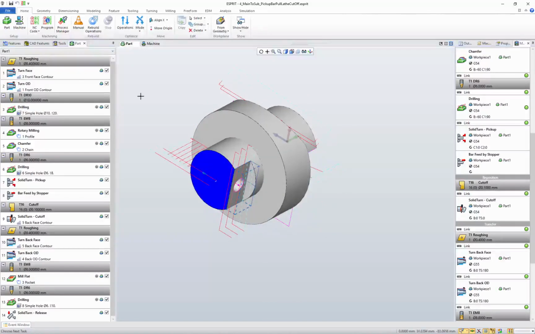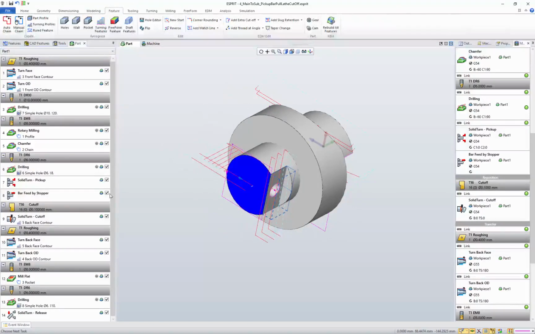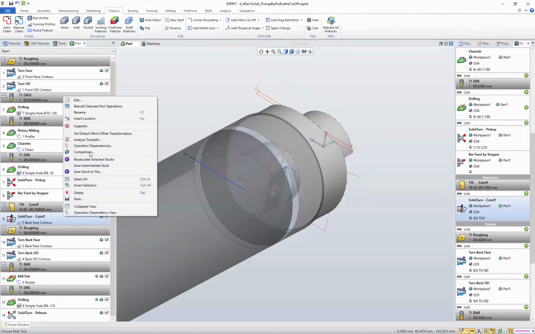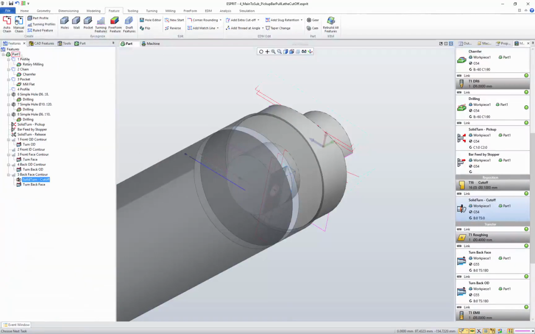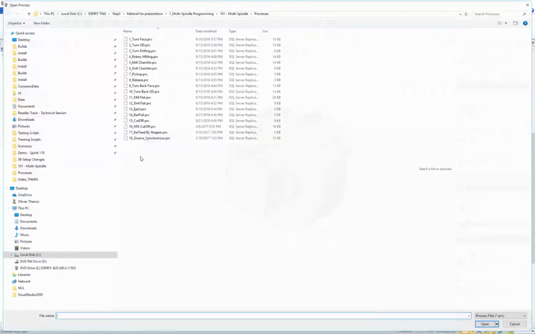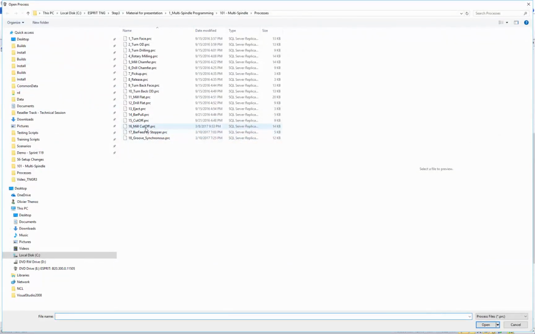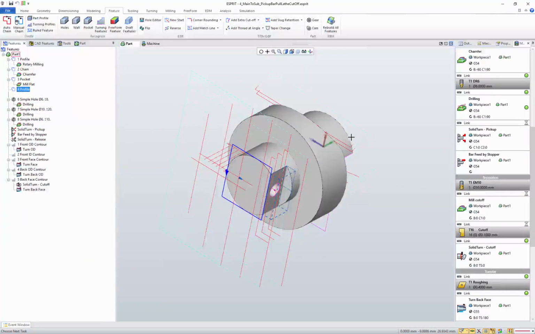So for this, I'm selecting the back face of the part and I'm doing a wall feature recognition. Then I'm going to insert, set the insert location to before the existing cutoff, and on the feature I just created, I'm applying a process for a milling cutoff that is also using the new stock automation mode. So the passes get optimized on the stock.